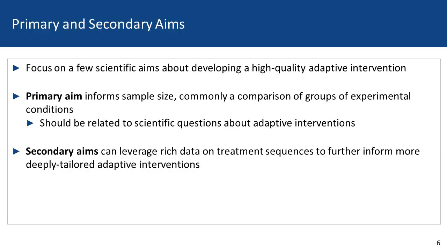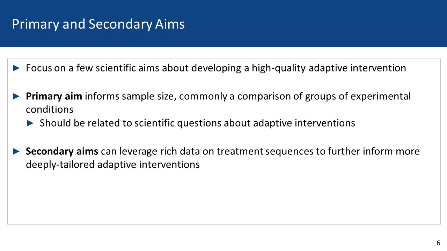Let's now talk about some primary and secondary aims, which frequently motivate SMARTs. A key design principle here is to focus on just a few scientific aims about developing a high-quality adaptive intervention. The primary aim in a SMART informs the sample size of the trial, and commonly this is a comparison of